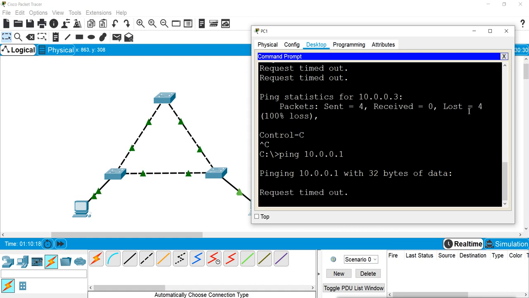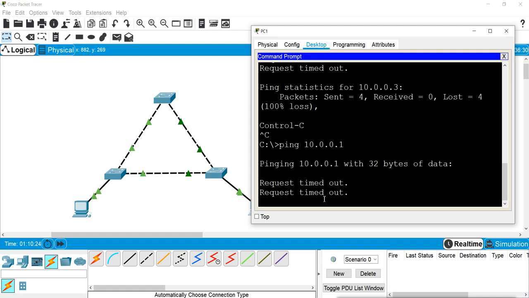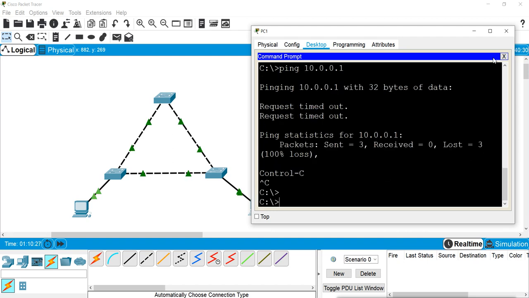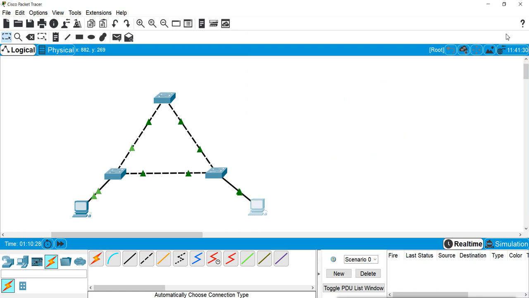And you can see how these ports are blinking. They are blinking very fast. So what does this broadcast storm do? It makes the network go down. It will disable the whole bandwidth. It will disable the whole network. So what I will do now is enable the STP. Even if I enable it on only one switch, it will stop the broadcast.